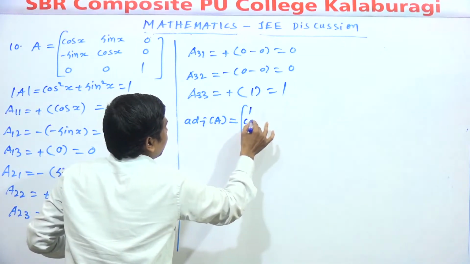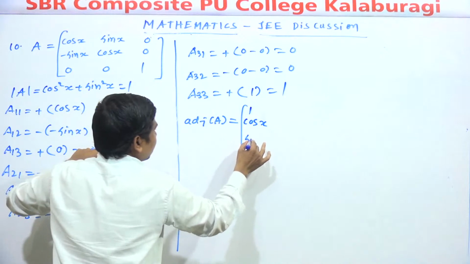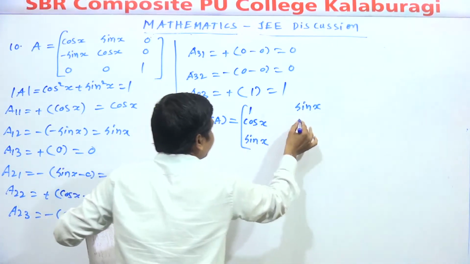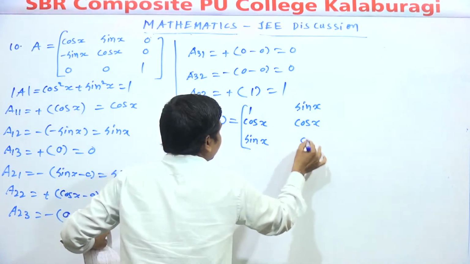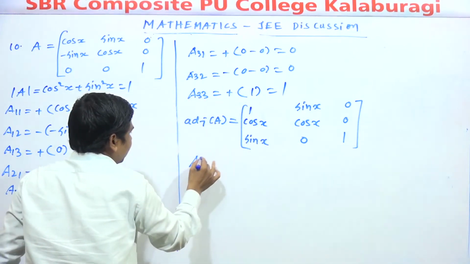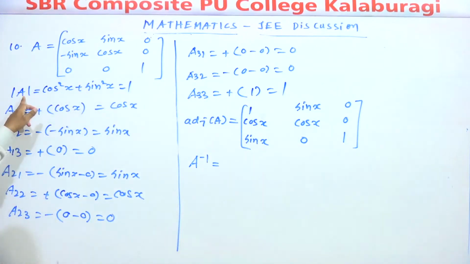It is 1 cos x sin x, cos x 0 x dot 0 0 1. So A inverse is 1 by determinant of A. What is the determinant of A? Determinant of A is equal to what? Plus 1 only, right? A12 is what? Minus suppressing cos x sin x 0 minus sin x 0 cos x 0 0 0 cos x it is, right? So it is